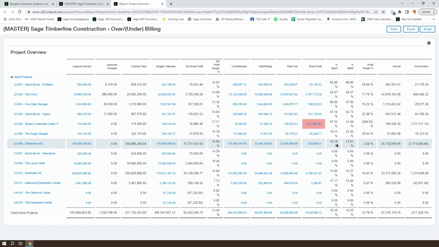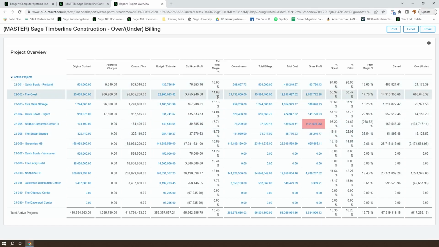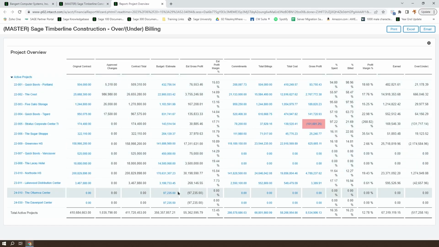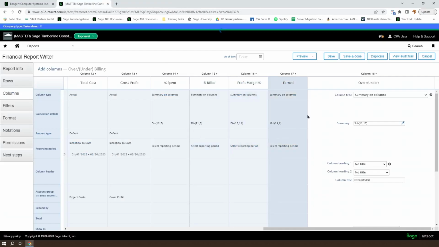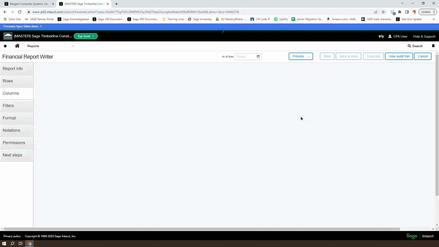But we can also see that the formatting now on this report is probably not very great. We've got percent signs underneath our percents. We've got just kind of all sorts of, this isn't great. It works, we can see our information, but it's not a pretty report anymore. So we're going to need to go ahead and modify what it looks like. So let's first save the changes we've already made because we don't want to lose our earned or our over under.